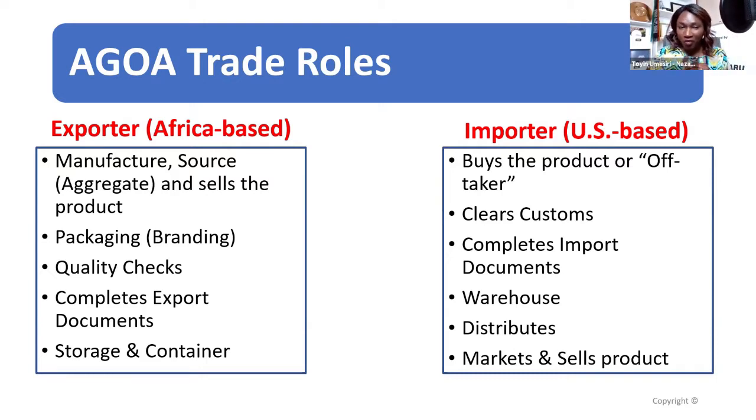So you can be the manufacturer. If it's a finished product, you can be the source, and you can be both actually, where you're sourcing raw commodities from your local community, from small older farmers. You're sourcing those raw commodities into your own manufacturing facility. You're producing a product and then you're exporting those products. Then you're also the person who sells the product. You're typically the one who packages it.